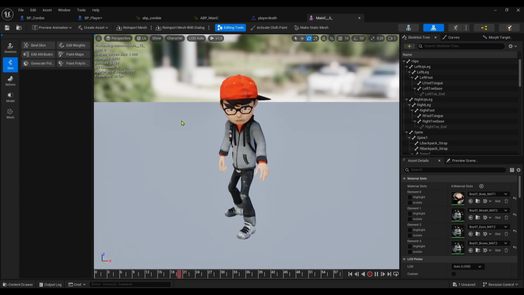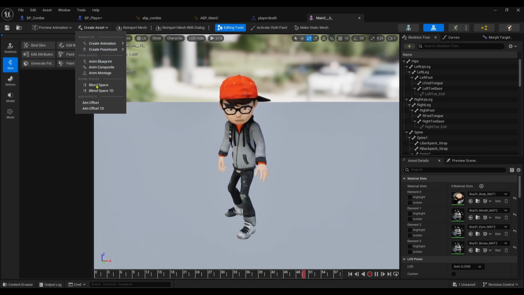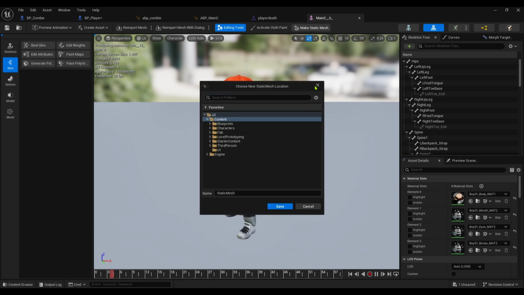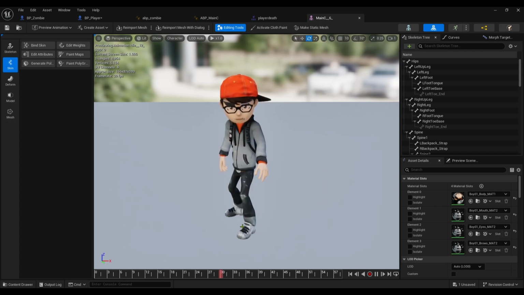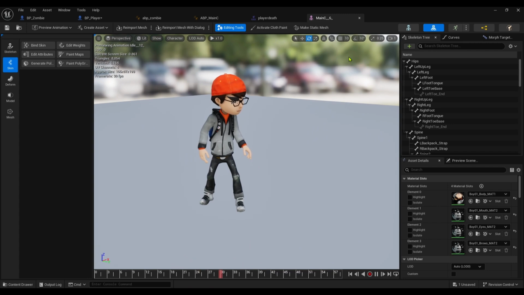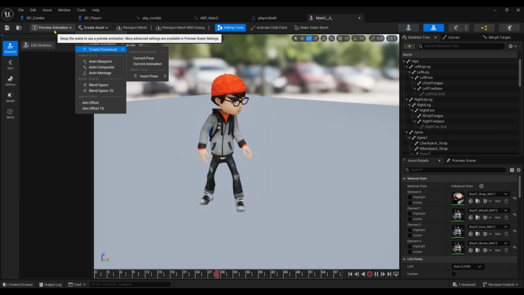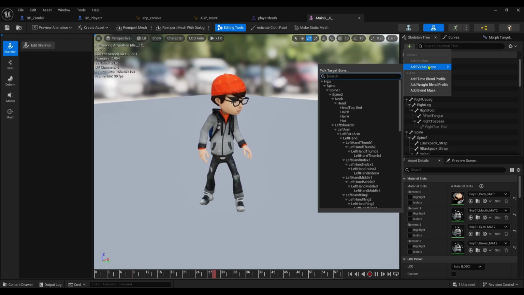How do we do it again? Do I right click? No. Create asset. Yeah, I haven't done this. I should be able to import extant mesh. You know something, guys? For the life of me, I haven't done it in so long, and I can't remember. But what we're going to do is, where's the skeleton? This is different, skeleton tree. Anyway, doesn't really matter. So what we're going to do is just add a